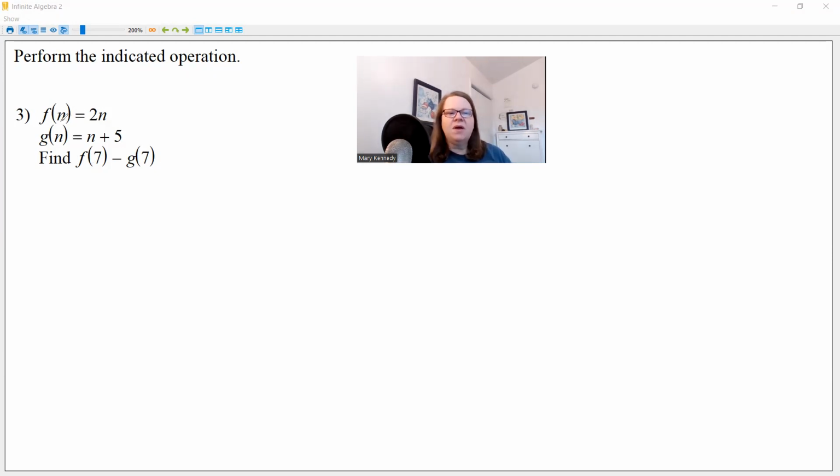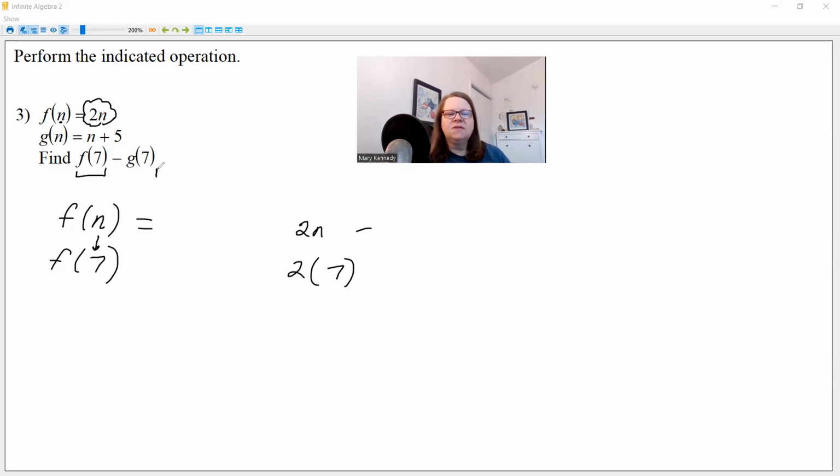Okay, so think about it. We started with f of n equals, and now we have f of 7. So think about what happened. The n was replaced with a 7. It was substituted. It was plugged in with the value of 7. And so essentially, we're saying, let's find the function, but when n equals 7. So the function for f is 2n, and we're going to replace the n with 7,